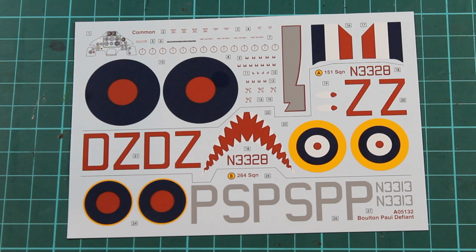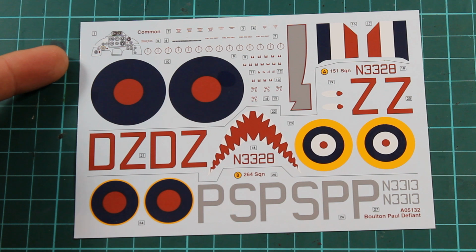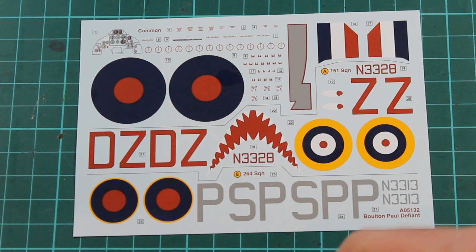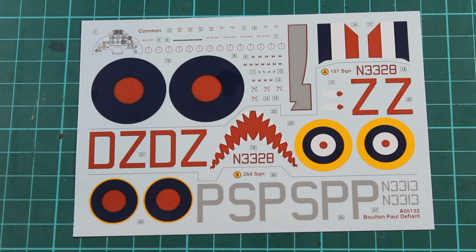So straight into it, looking at the decals, this is the shark's mouth option, this is option B. These are the generic ones, so you've got the silver walkway there as well, and the large roundels. I seem to have some residue on my roundel there, not sure what that is. Anyway,